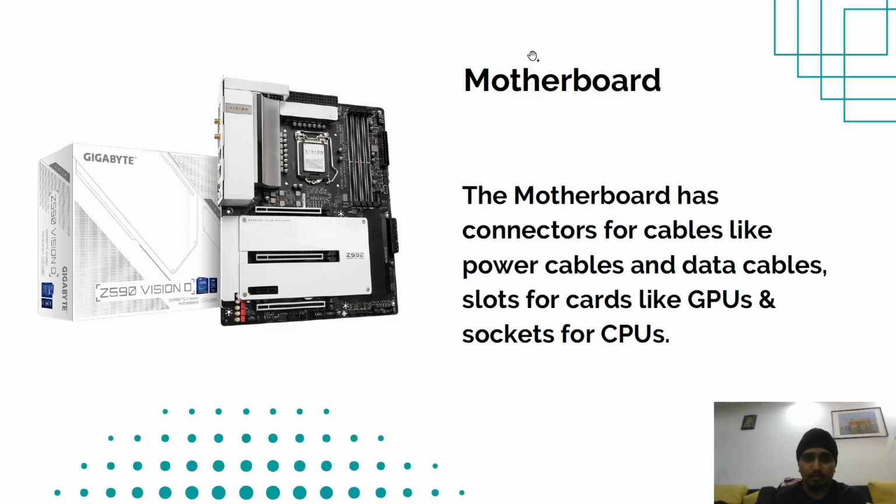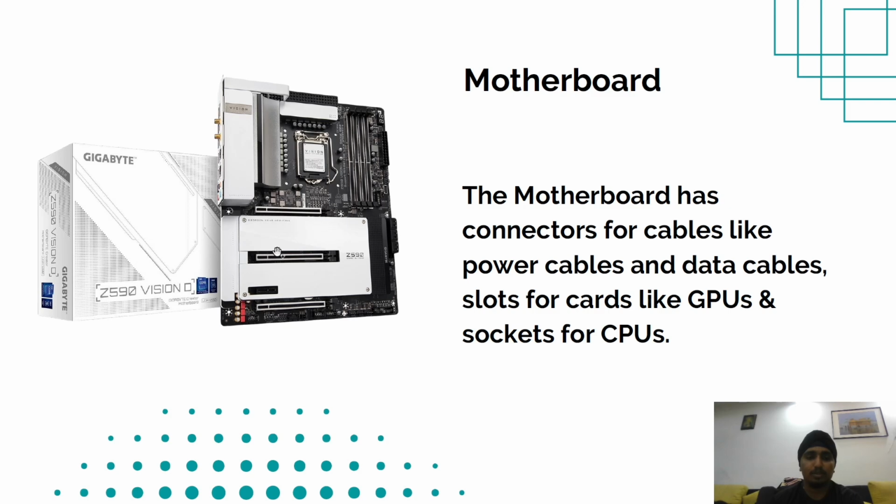Next, motherboard. This is the motherboard. It is the main component of the PC, which means all the other components will be installed to the motherboard. For example, this is the RAM slot, and this is the processor CPU installation area. We call this the socket, and these are the IO, input and output. We also call it the IO shield, and this is the